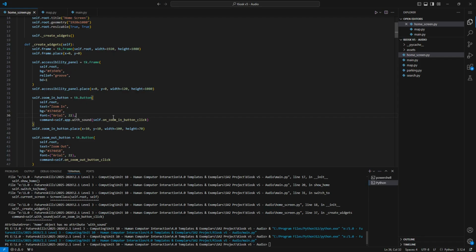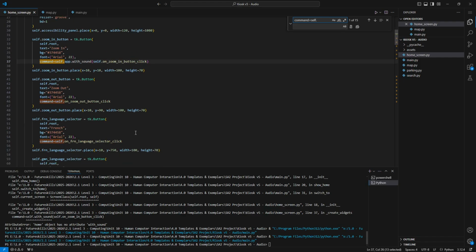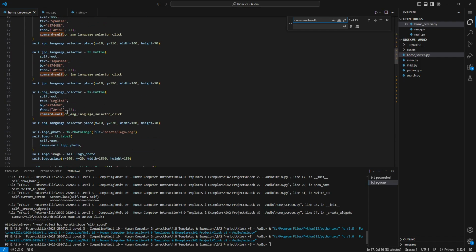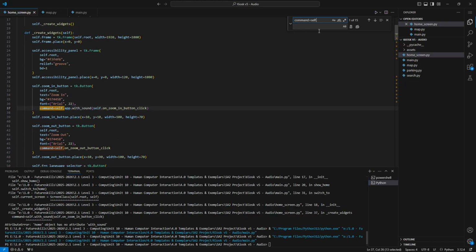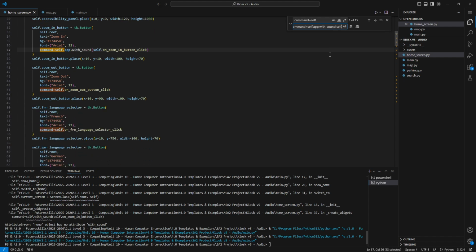To make this a bit quicker, what we can do is use Control and F to bring up our search window. And then what we're going to search for is command equals self dot. Because this will select, as you notice, every single one of our buttons that has a command line in it. We want to wrap everything, so we're going to rewrite this to say command equals self.app.with_sound, then the open brackets, and then self dot. If I now replace every single one after this one,